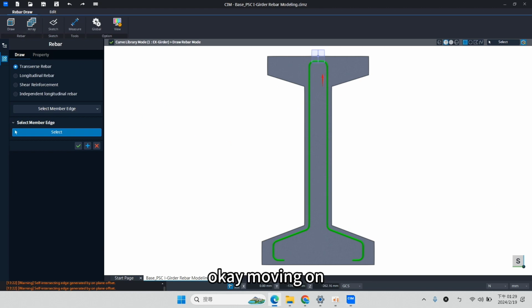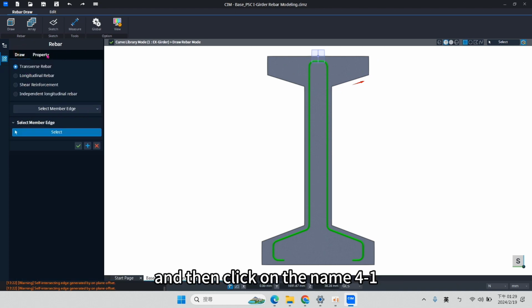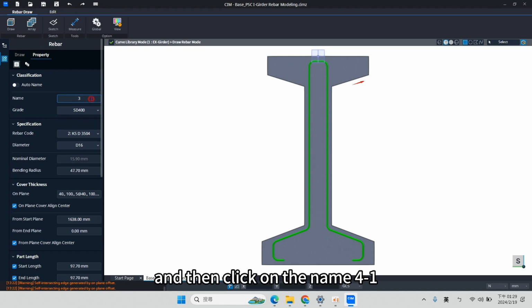Okay, moving on, we will be creating another rebar. This is the upper flange rebar, so this will be in this part to fill the flange in the upper side. Okay, we can just click on the transverse rebars in here and then click on the name 4-1.